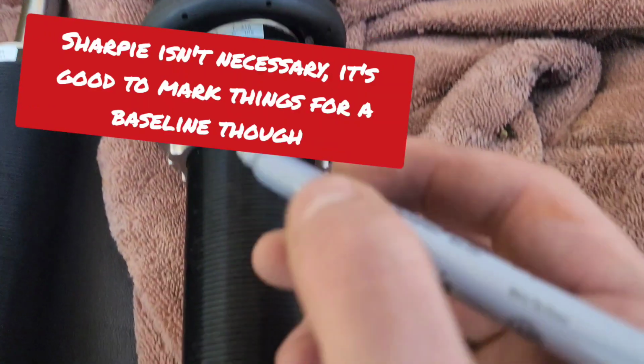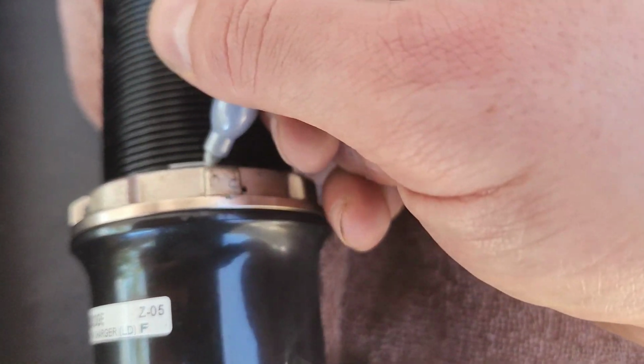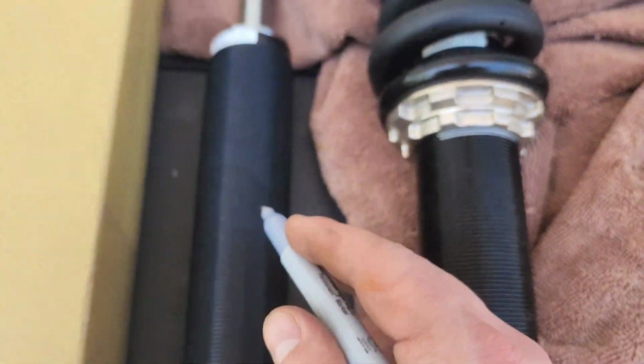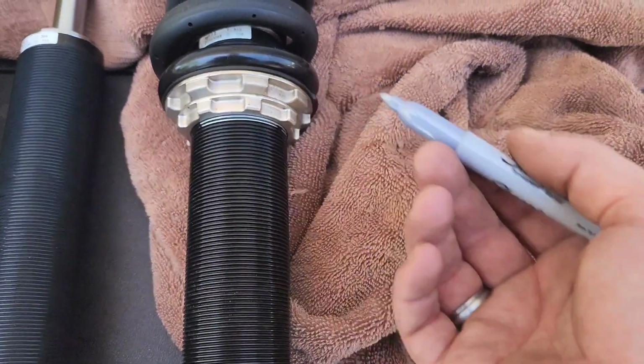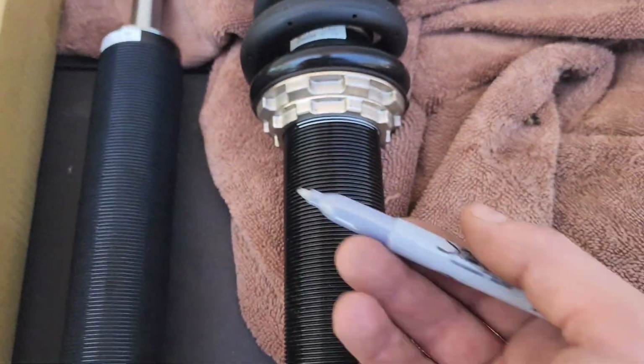What I'm going to do is grab a Sharpie here and just mark my threads like so. And then I'll do the same at the bottom. I'll wrap all the way around, and then I can compare that to this one, so I will have the same ride height essentially, or at least be around the same baseline, so it's easier. Now with my threads marked,